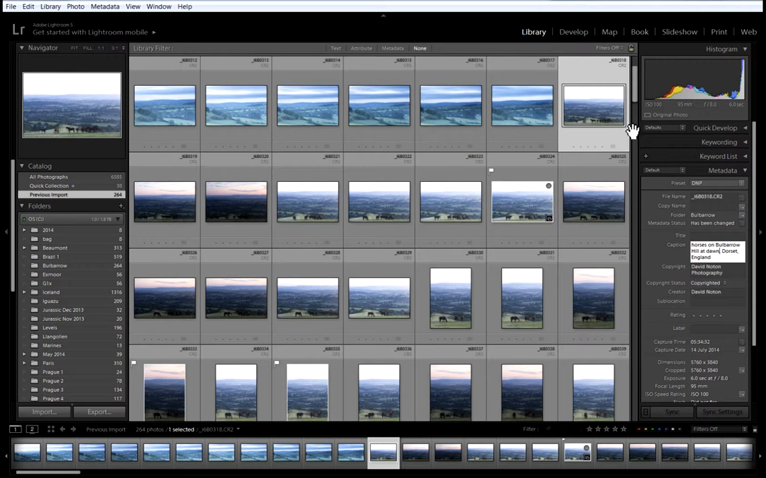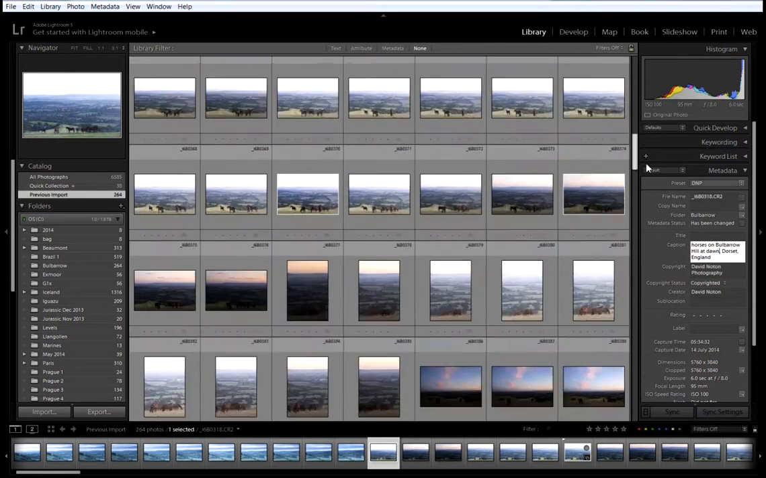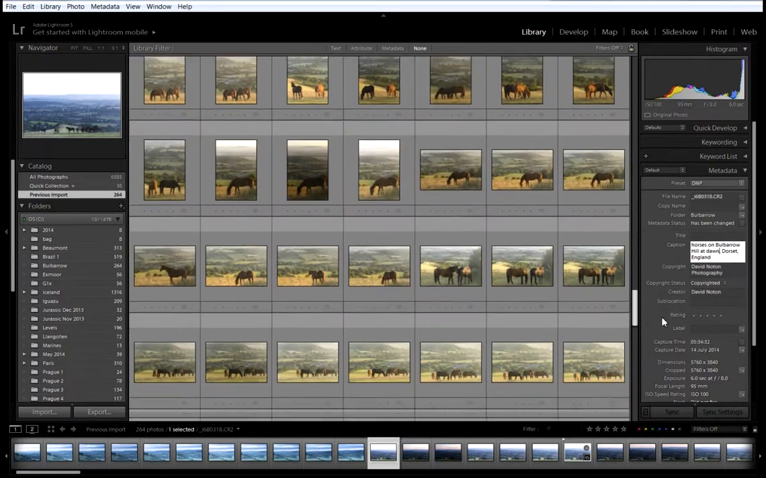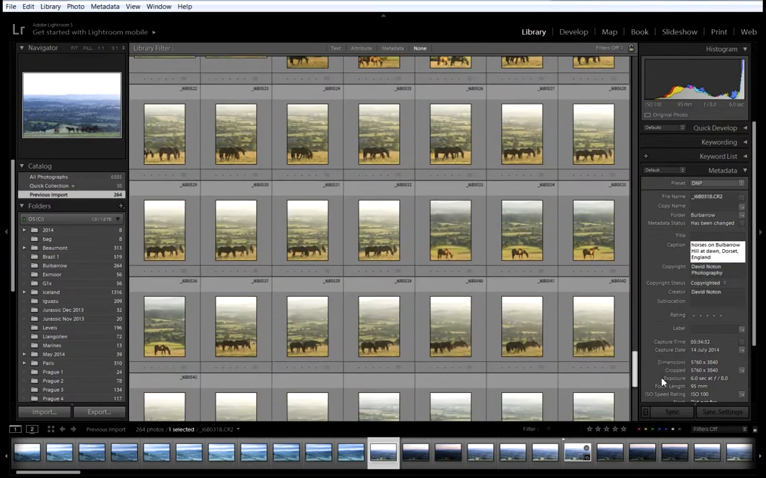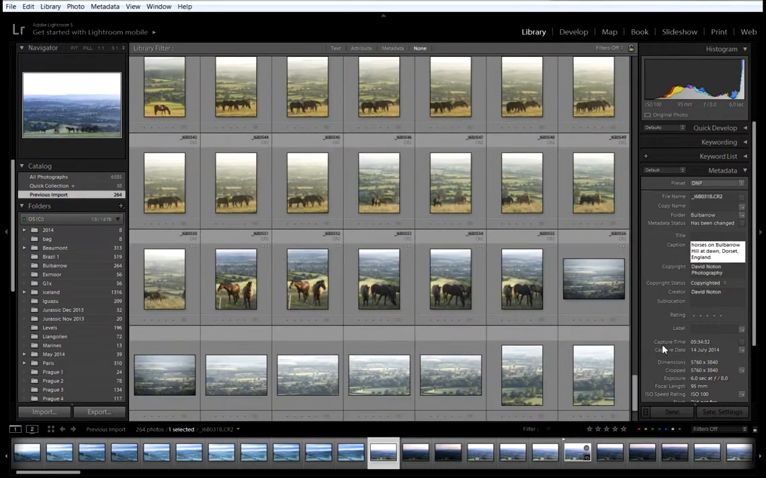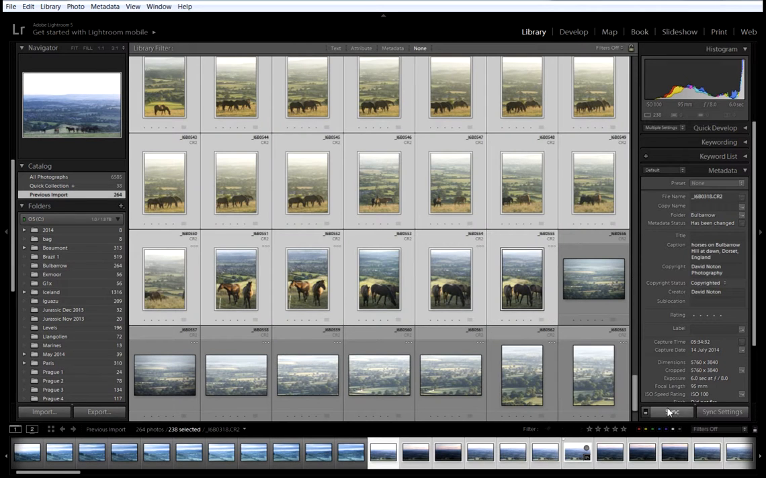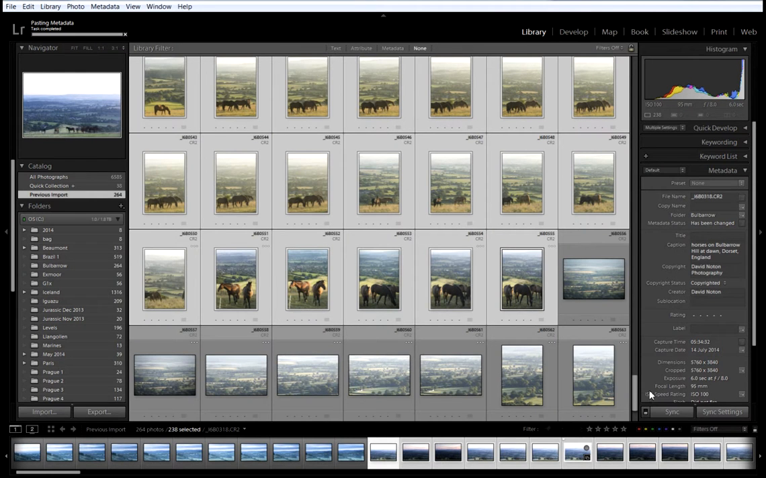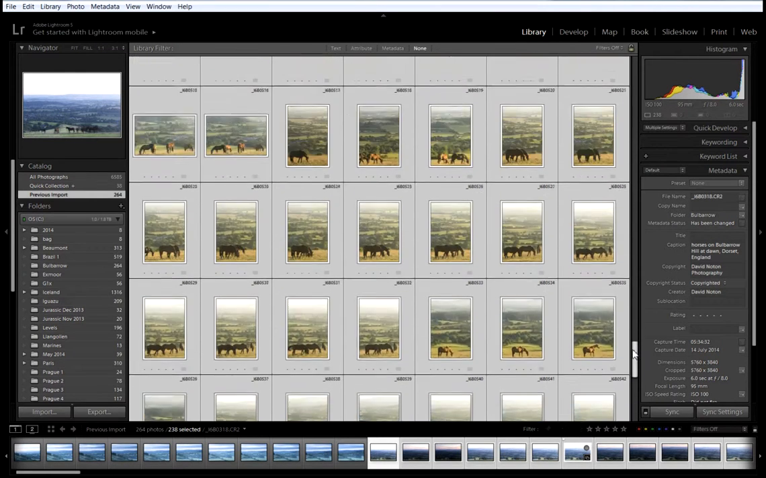Right, and now if I select all of the images from the shoot where that caption is applicable, right down to here, select them all and hit synchronize, that caption will be applied to all of them. Okay, so let's go up,